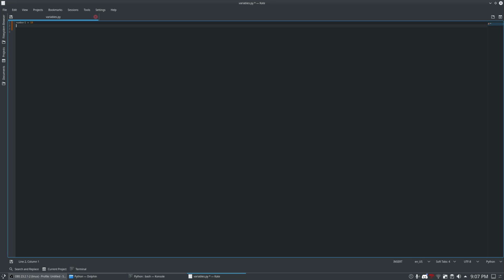The number 10 has been stored in a variable called number1 up here. So now enter, and now you're on a new line. You can only really have one statement per line unless you put a semicolon here and then type out whatever afterwards, but rather just go to the new line. It's much neater. So we can make another variable here called number2 is equal to, I don't know, 13,